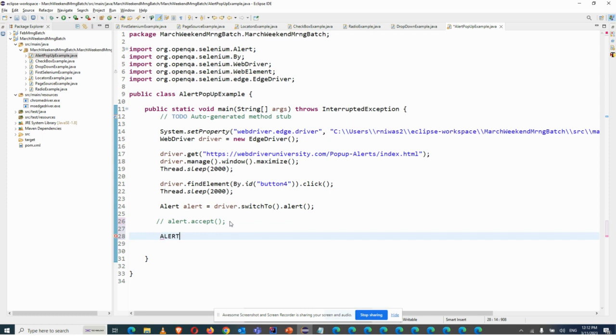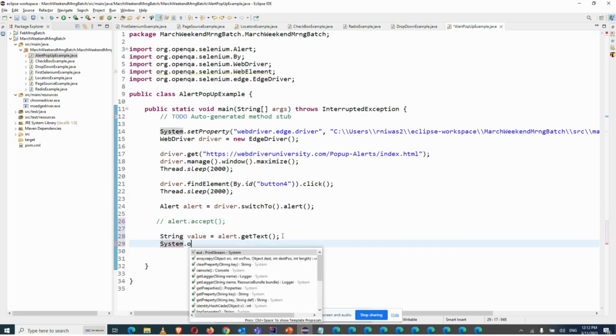So alert dot getText, I can use the getText method, and this will give me a value. So I will store it in a string variable. Let's try to print out this variable value, what it is throwing. System.out.println,